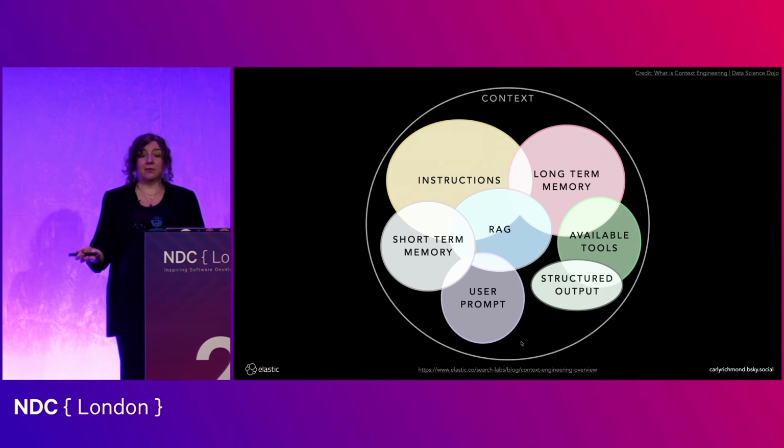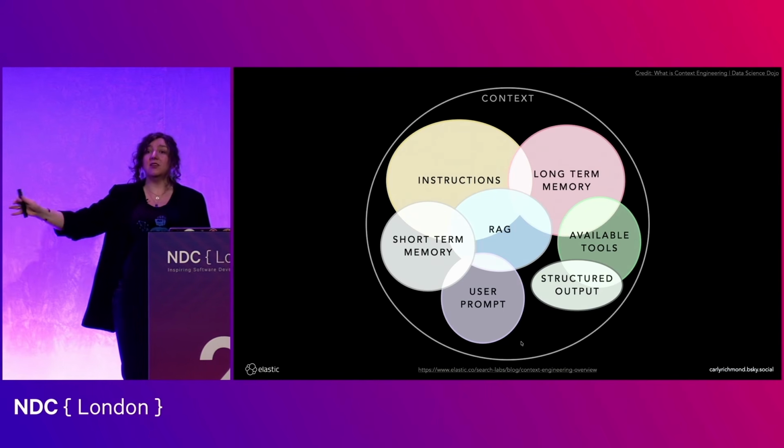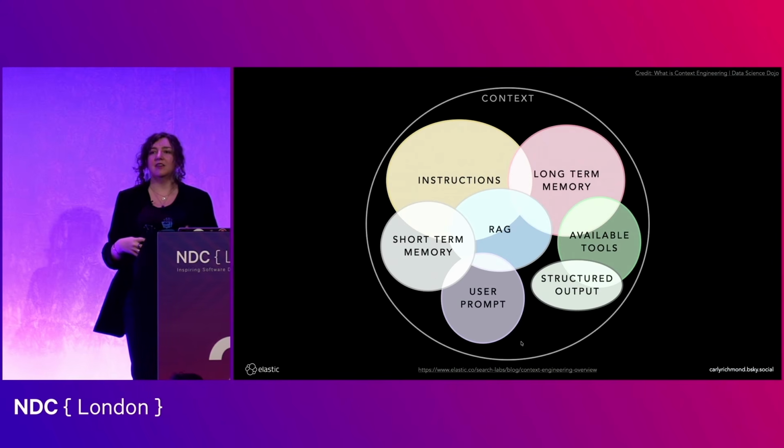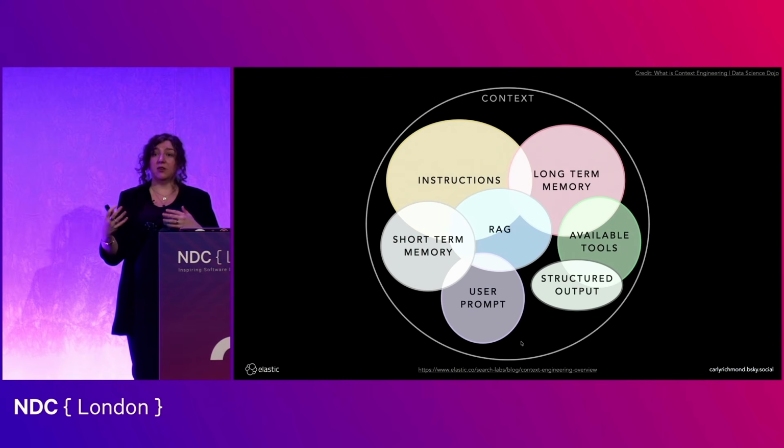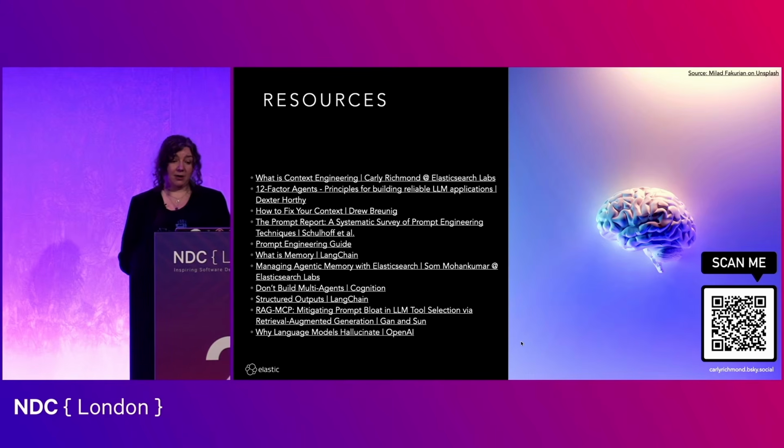So we've talked about context engineering. We've talked about all of these practices and the ways that we can use them to manipulate the context, because it's not just a case of relying on the training data. You might have data that's relevant to the situation. You might find that there's contradictory data out there that can lead to poisoning of agents and problems. And certainly in the future, I see that a big part of our role is going to be figuring out the right data to pass to these particular systems. We need to know, therefore, which tools we can leverage to do that, including actual tools that we've talked about here, and also techniques such as structured output, memory, instructions, user prompting, and RAG.